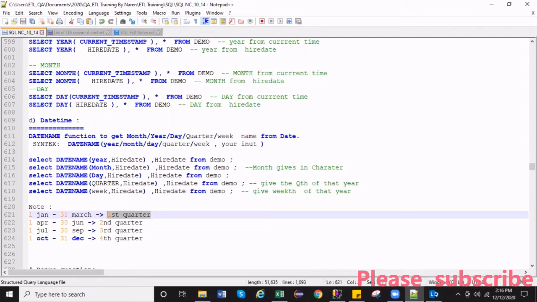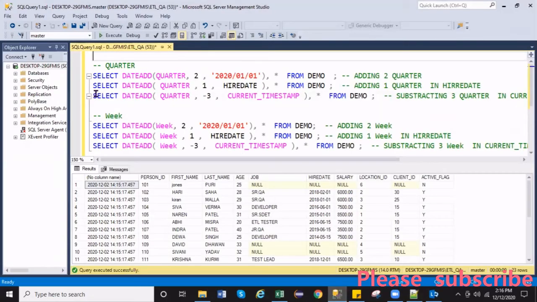So if someone asks, for example, if your requirement says, find the requirement which was launched in the third quarter of 2018 or the second quarter of 2010, this is how you're going to be working. Right? So if I want to add